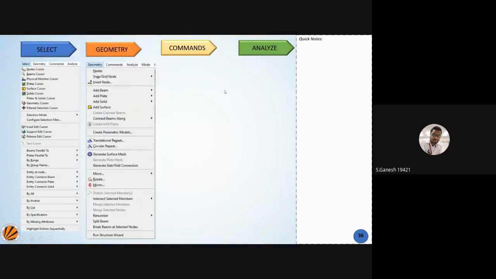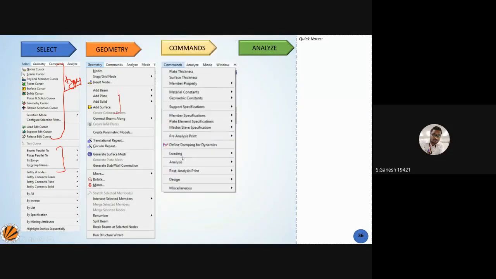So here the most important part is on select cursors. So types of cursors which you want to use. When you change from one element to another element, you have different types of cursors to be selected. And similarly, how you want to select, certain tricks. So you want to select certain parallel or perpendicular elements or plates, so that we can use using your parallel cursors. And also the geometry, when you look on the geometry, you can see add beams, add cursors, add plates. So this also can be done as it is.